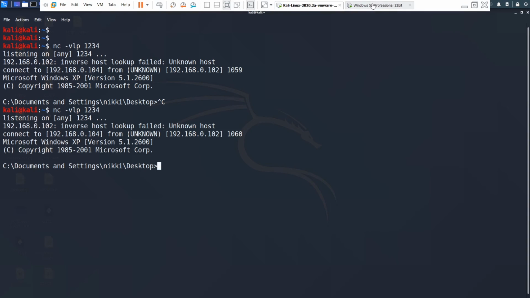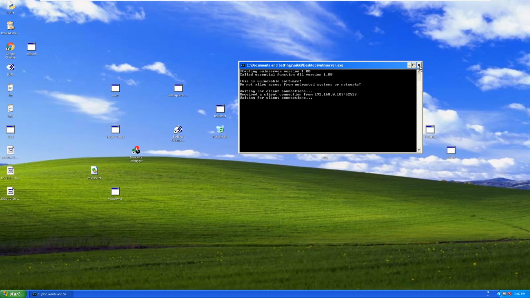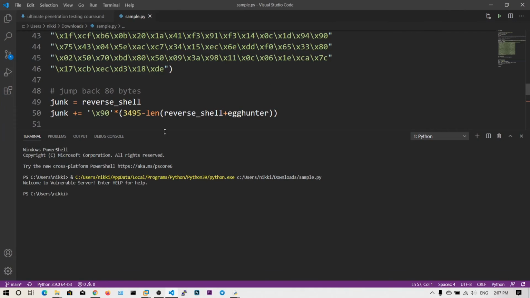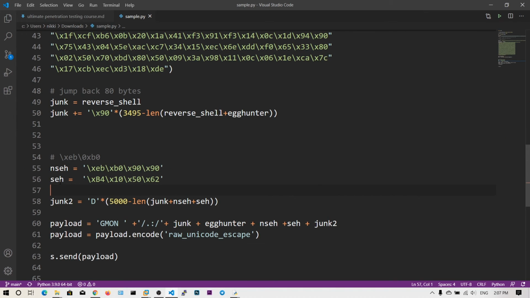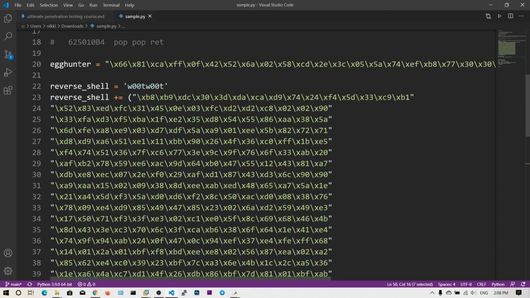So we got the shell. We don't need to worry about pressing Shift+F9 for the exception. It will directly execute. So whenever there is an exception, this exception is caught with this handler, and we are going to overwrite it with the address pointing to pop pop ret, and after that the return address will be our NSEH, and then we are jumping backwards to these NOPs, and from these NOPs onwards our egg hunter gets executed.